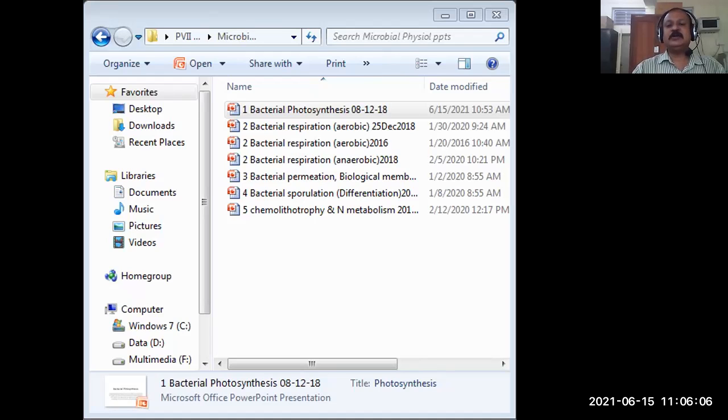Now in this cyclic electron flow, protons are also pumped outside the membrane by the cytochrome bc1 complex. Because of that, a proton gradient is made, and that proton gradient is responsible for synthesizing ATP. Is it right? Then there was a question which I asked you. If all the electrons are coming back to the reaction center and there are no electrons available to carry out the reduction of NAD, then how is the reducing power generated in the purple bacteria?